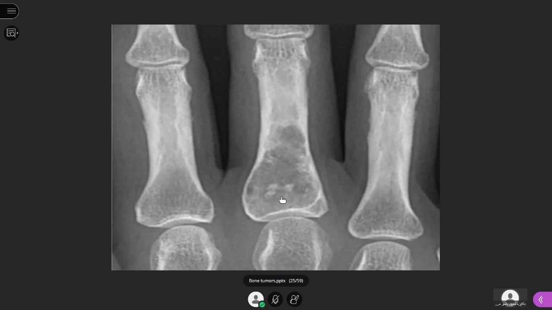Okay, and along with expansion there is also, see, in the center there are spots of calcification, flecks of calcification. They are called popcorn calcification, as if you have placed some popcorns over the lesion. Why are they present? Because this is a cartilage forming tumor, it will undergo calcification, I told you. So this is called enchondroma, and the most common location is the bones of hands.